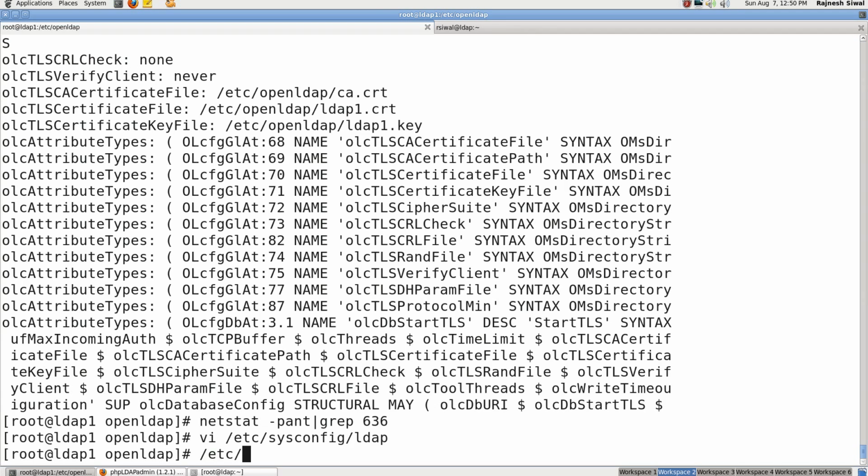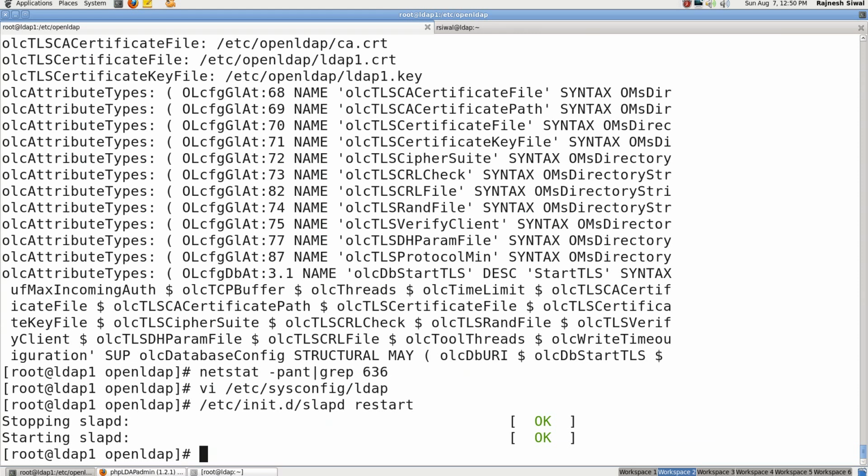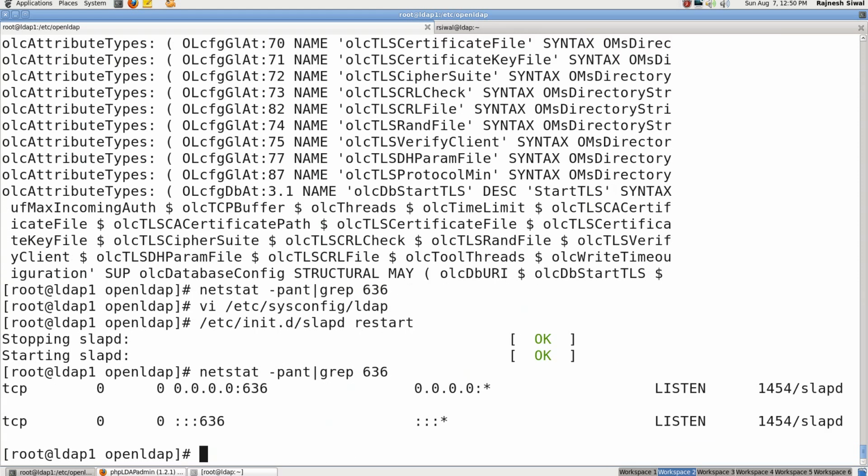Uncomment it and just restart slapd. And now it's listening on port 636. Now let's try to run an LDAP search query.